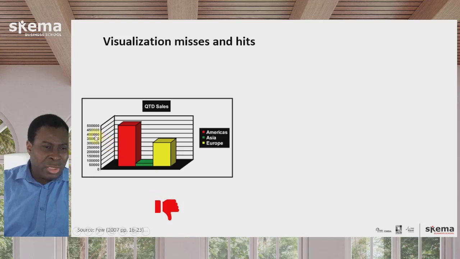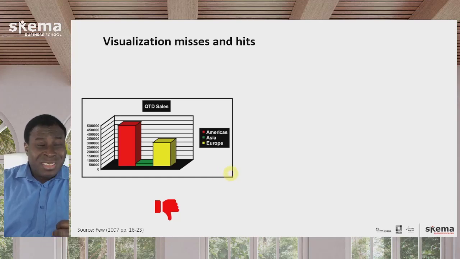is this in euros? Is it in dollars? You don't know the unit. Which quarter to date? Are we at the beginning of the quarter? Are we at the end of the quarter? How does this compare with last year's sales? Is this good? Is this bad? Are we on budget? There's a lot of things that managers would want to know that this visualization does not